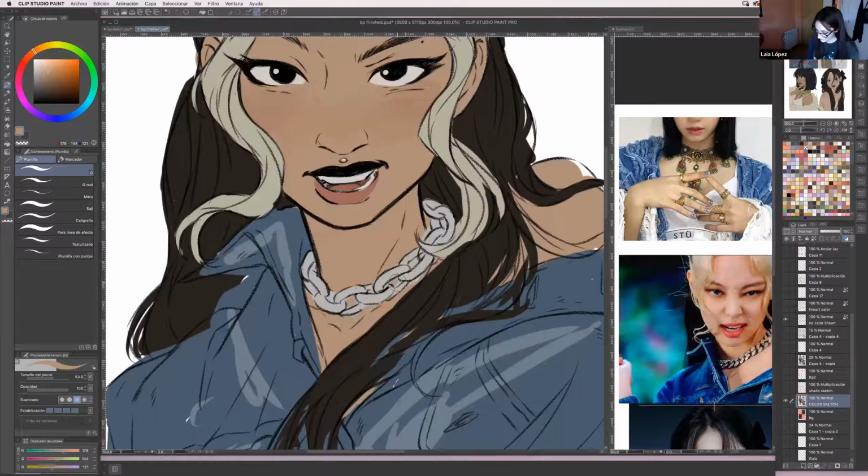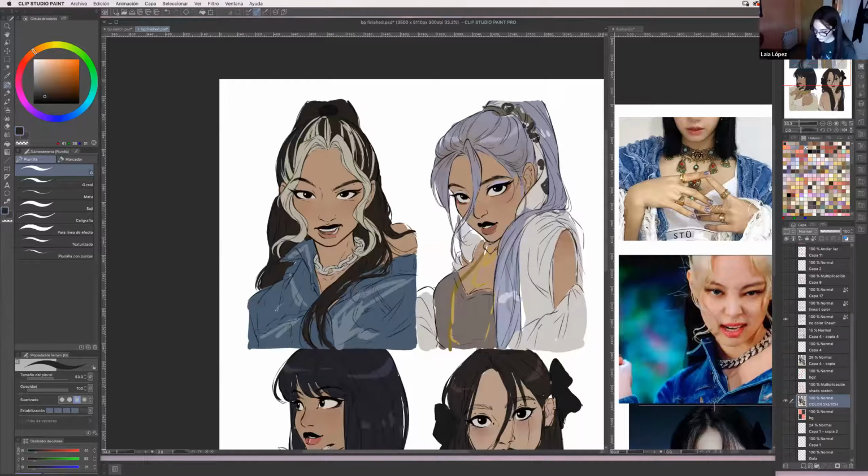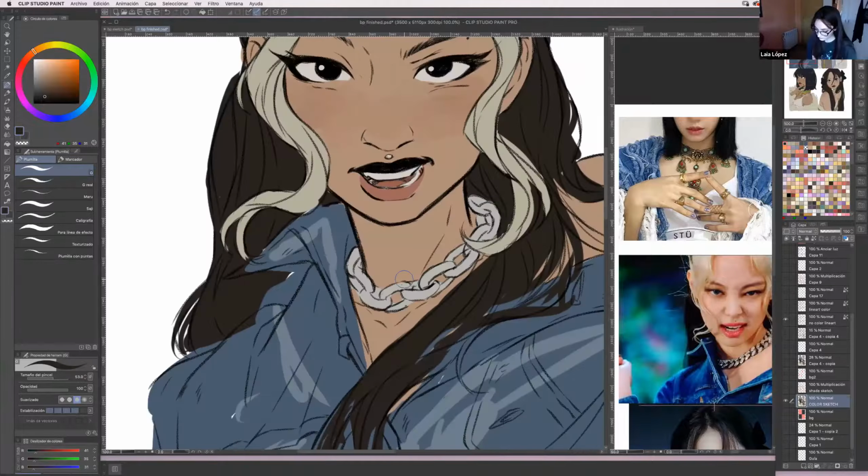Okay, so now that this seems a little bit more clean, more or less, let's pretend. Wait, no, let's not pretend. I already have a layer with the whole thing. Wait, no, let me show you. Okay, so you can see that we have a gray base for the necklace. It's obviously not the same. I just realized that I completely made up her necklace, but it's okay.